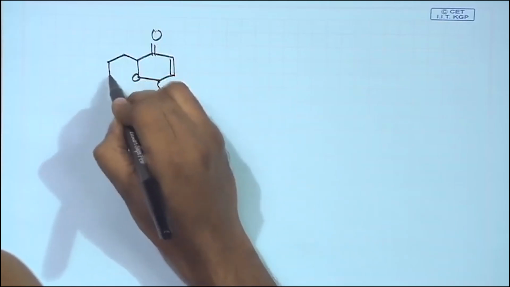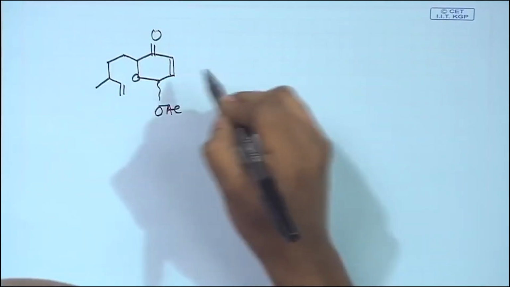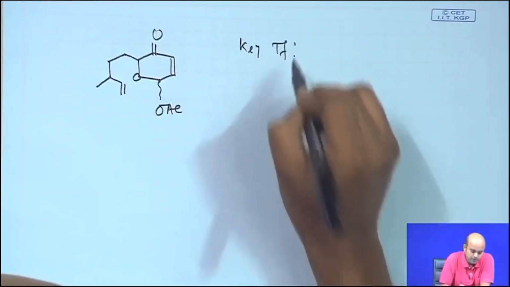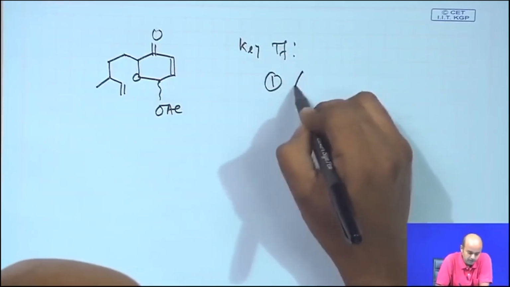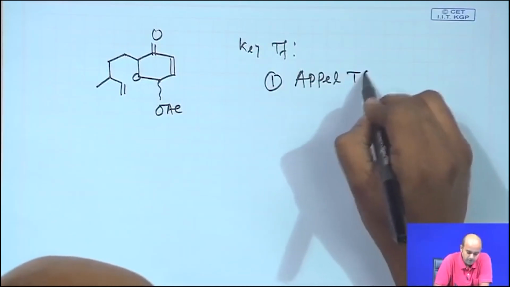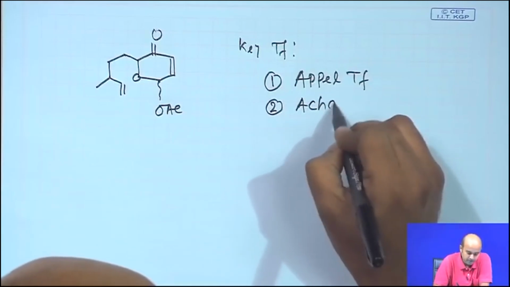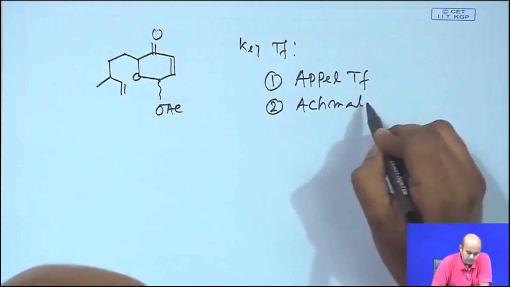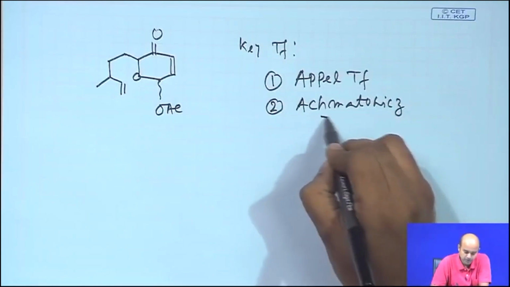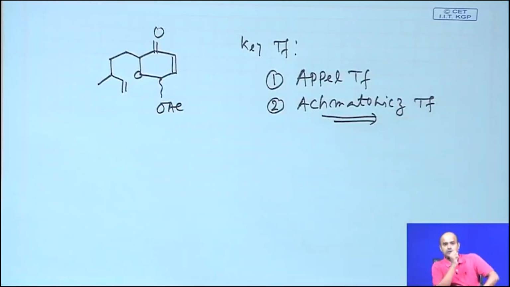So, the key transformations which you are using here: first one is the Appel transformation, and second one is the Achmatowicz. Now, the Achmatowicz reaction was named after its inventor Achmatowicz, who is a Polish scientist, and eventually you can use